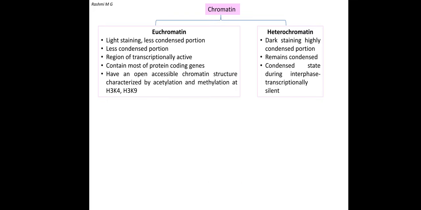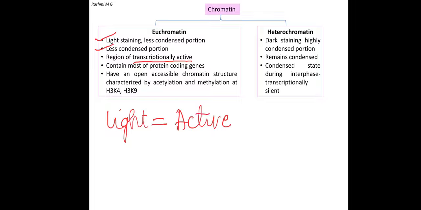Let's now see. Light staining, less condensed, they are transcriptionally active. So light is equal to active. This is for your better understanding and better memorization. So light is active. They contain most protein coding genes. Active is having protein coding